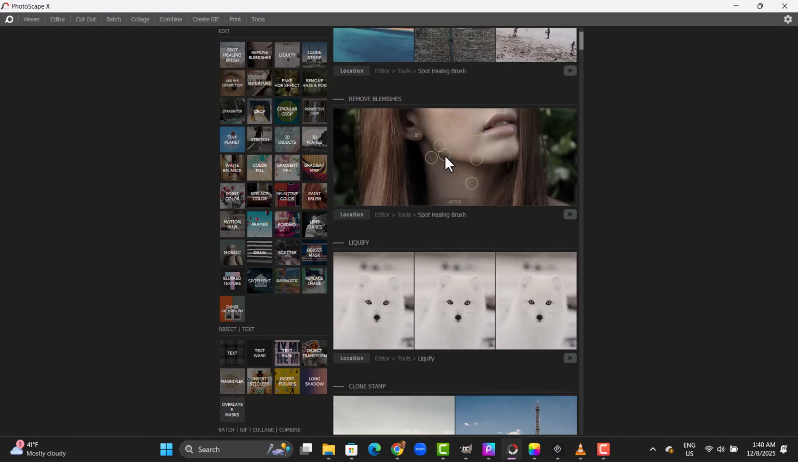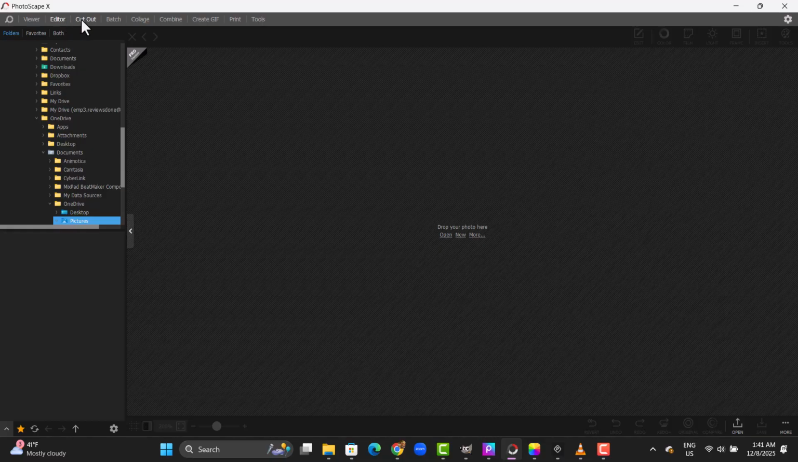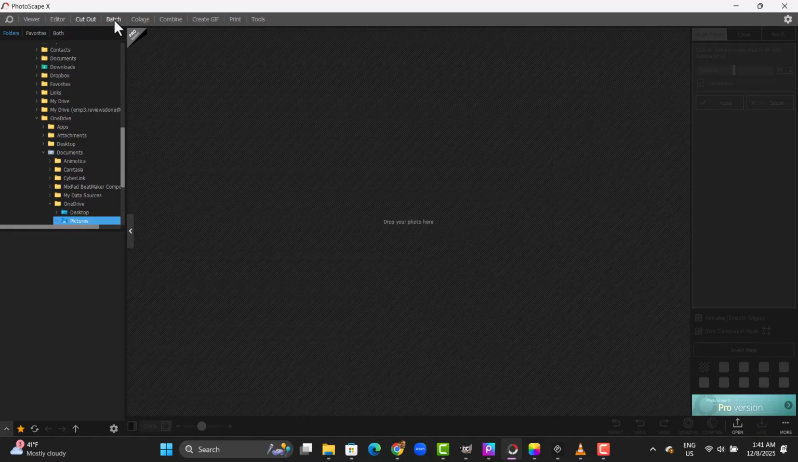On the left sidebar, you'll find essential tools laid out clearly, making navigation simple and consistent. Up in the top menu, the Viewer tab lets you browse through your images before editing. Right beside it, you'll see Editor, Cutout, and several other tools, each guiding you toward different types of edits with